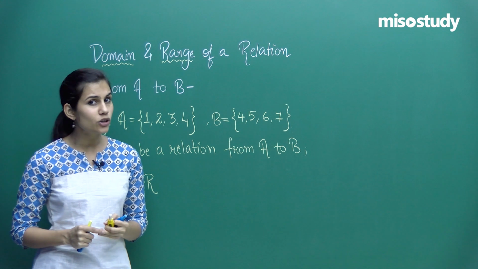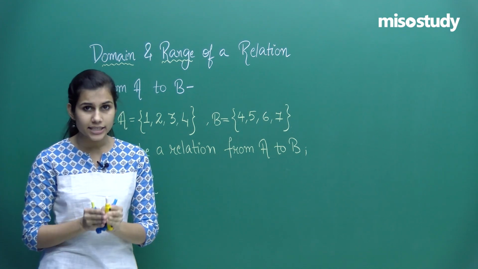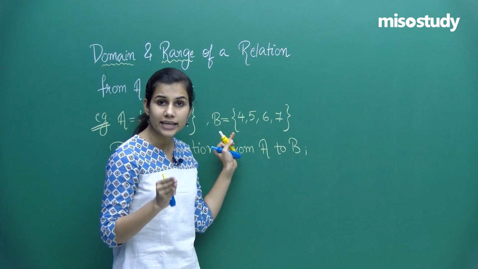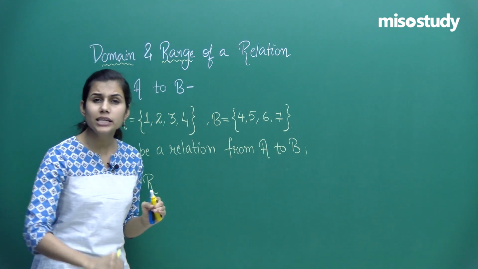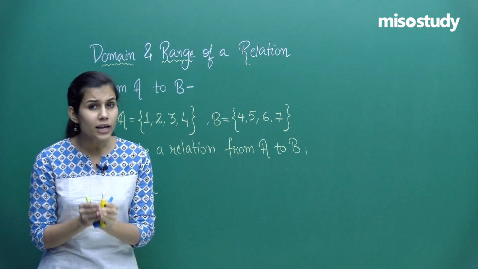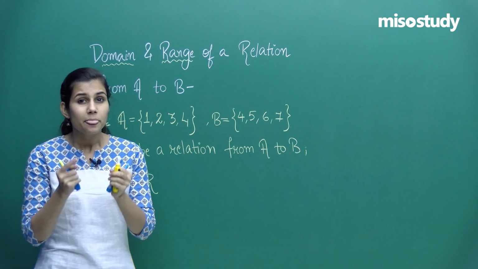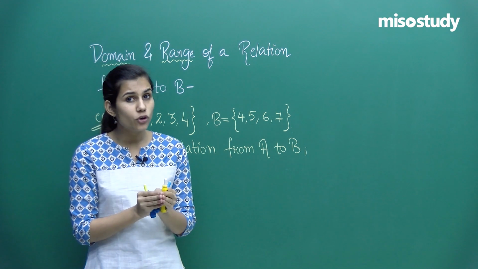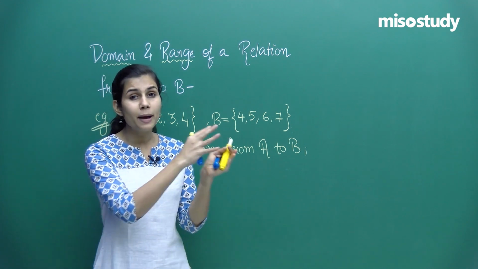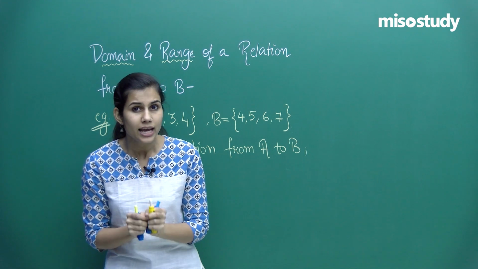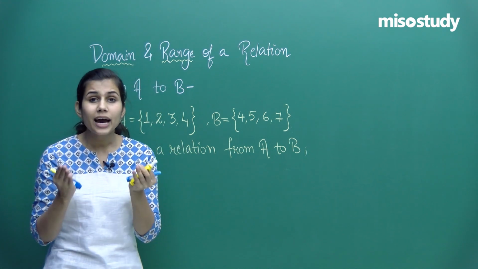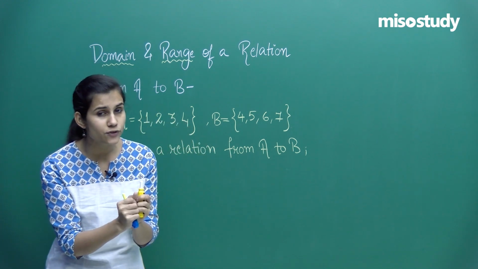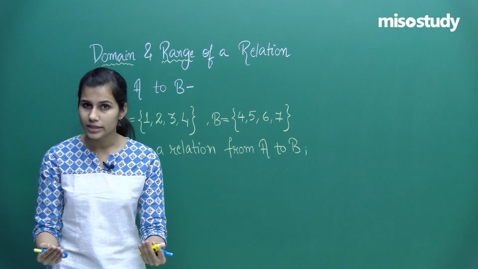Inside the Cartesian product of A and B, we have ordered pairs sitting with first element coming from the first set A and second element coming from the second set B. And therefore, if R is a subset of A cross B, what I want to actually stress on is that even R is going to have ordered pairs because it is a part of A cross B. That means it will be obtained by borrowing certain members from A cross B. And what are the members of A cross B? They are ordered pairs. And therefore, R is going to borrow some ordered pairs from A cross B and is going to come into existence.